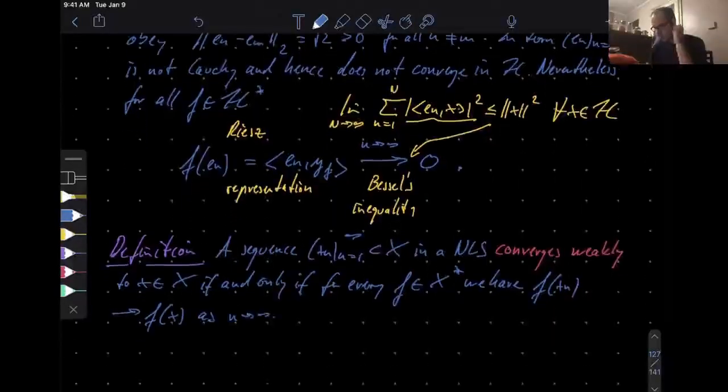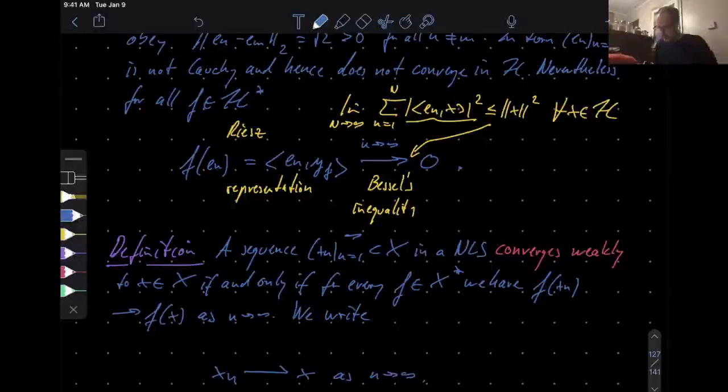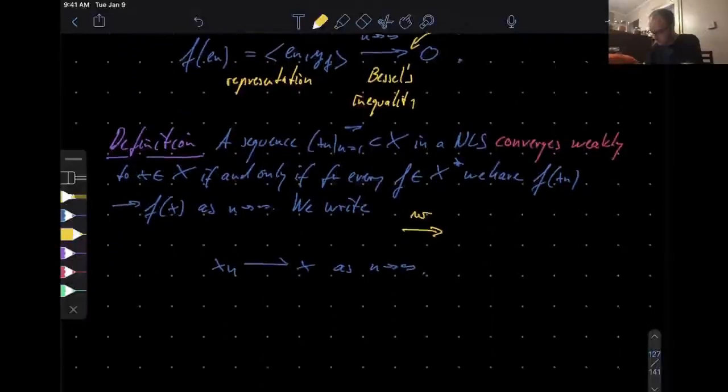Okay, good. Weak convergence is very important. It gets its own symbol. I prefer to write it like this. So I make a horizontal straight line and then sort of half of an arrow, sort of a poor man's weak arrow, like this: x_n goes to x as n tends to infinity. Sometimes in other books you will find an arrow with a W on top for weak, or other notations. I will use the one in blue. Okay, so that is the weak convergence.